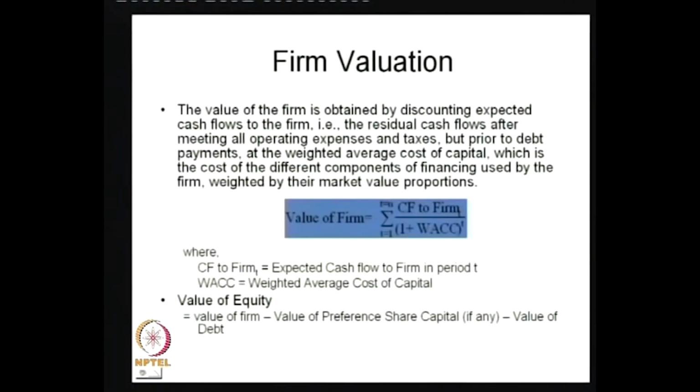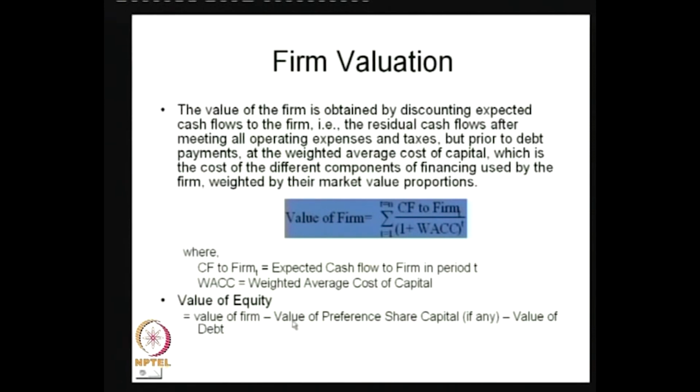So, the basic thing is that in the numerator you have got cash flow to the firm. So, the discounting factor accordingly has to be the overall discounting factor, keeping all the investors in mind. Once you have the expected cash flow and discount it, then we have the value of the firm, and the value of the firm can also be used to find the value of equity.